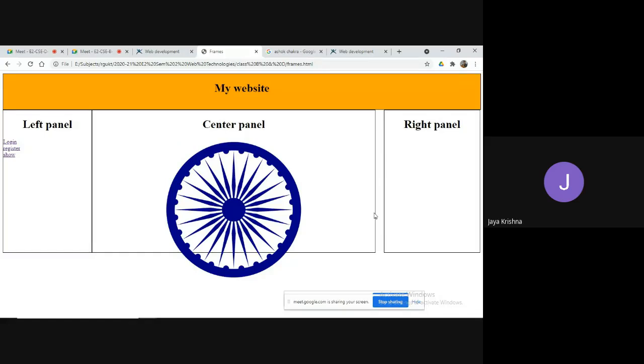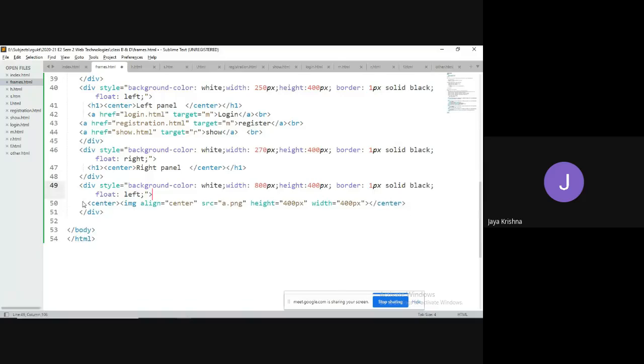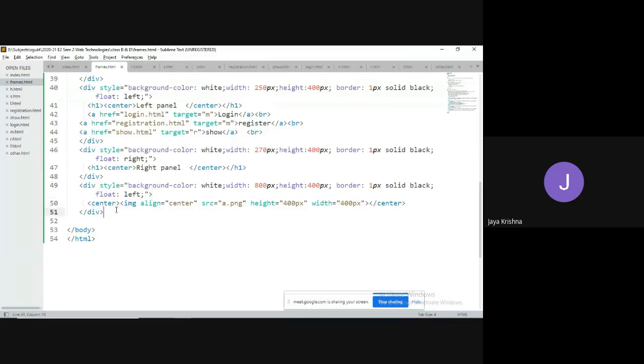Okay, fine. I will remove this entire thing. It will look like the center, right? Yes. So my point is we can do anything with the help of the division tag. Division. I am taking one more thing.